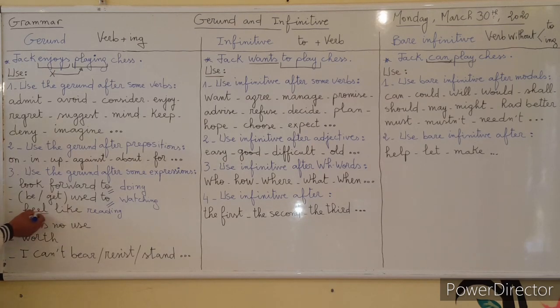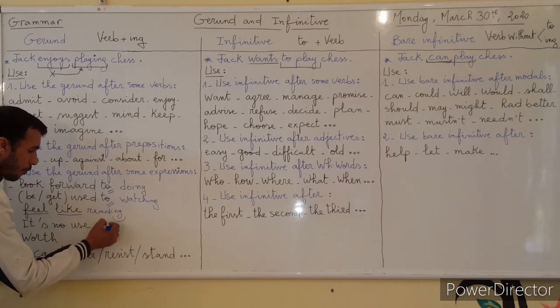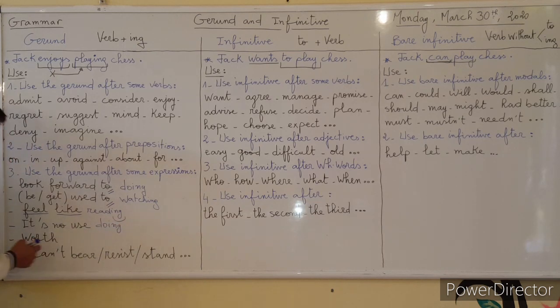And pay attention here, we have 2 verbs, feel, like. Verb number 3 is with ing. It's no use. There is a proverb in English that says it's no use crying over spilled milk. So it's no use doing something. It's worth watching. It's worth seeing, etc. And then the final part is whenever we have modals like can't,